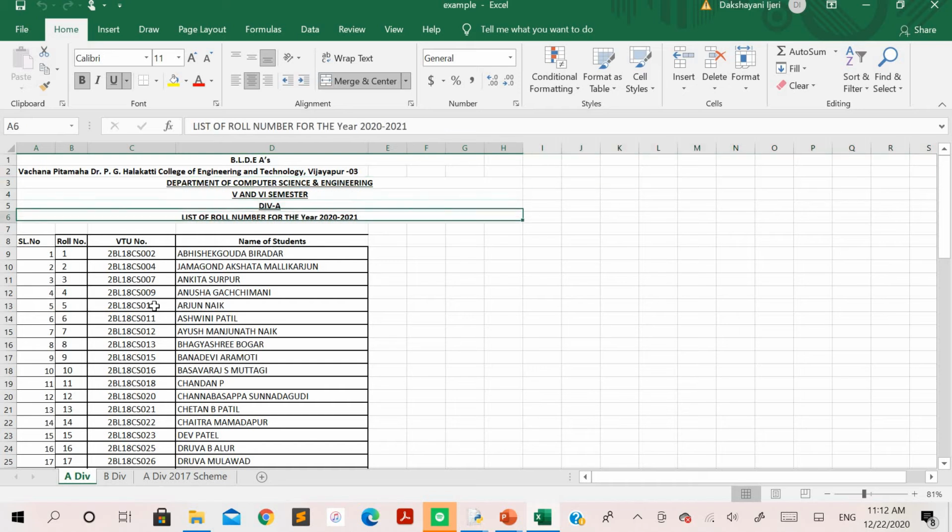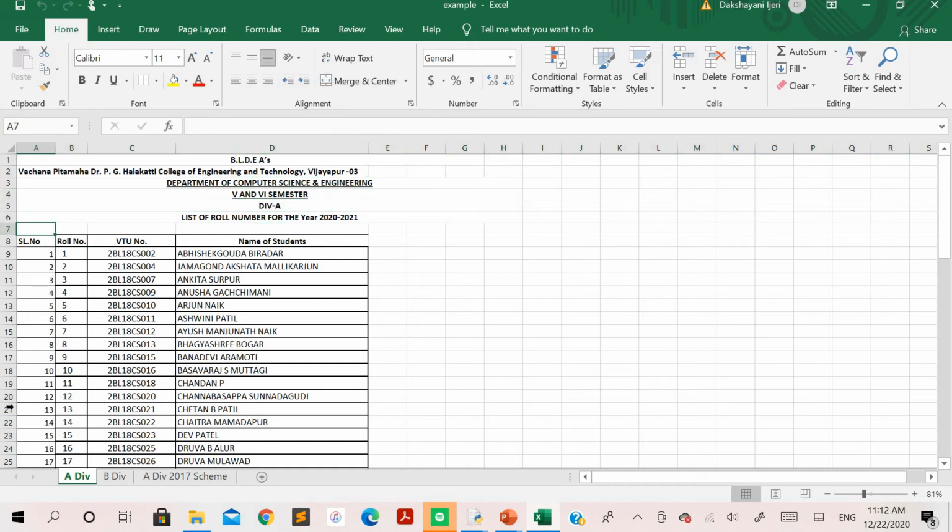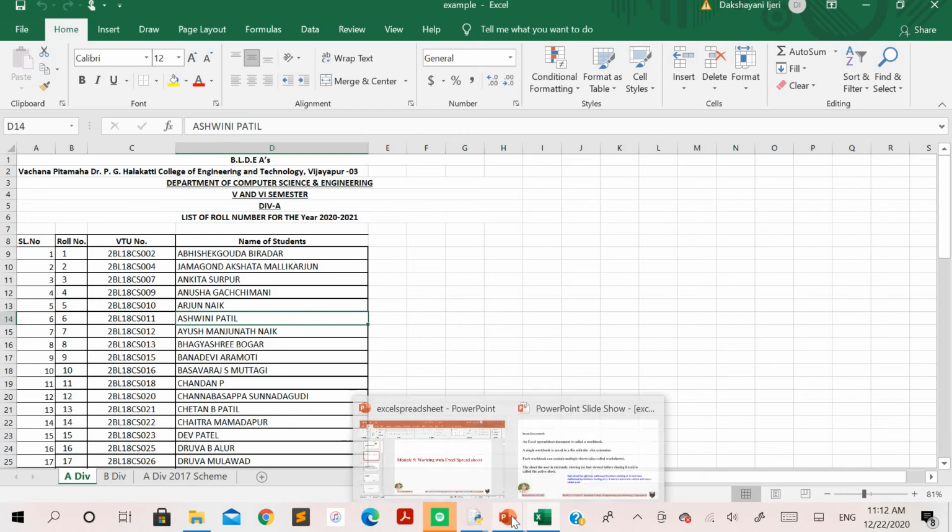As I move, you can see on the leftmost side it is numbered, which are said to be the row numbers here, and the vertical positions which are labeled as A, B, C, D, E, F, G, H are said to be the column addresses, pointing to a particular value here. If I click on this, it is said to be one cell in this sheet, identified with the respective column and row number. In this case, Ashwini Patel is in the 14th row with a D column, right? So this is how the Excel sheet is used, and all these terms are going to be helpful if you want to deal with these Excel files in Python programs.